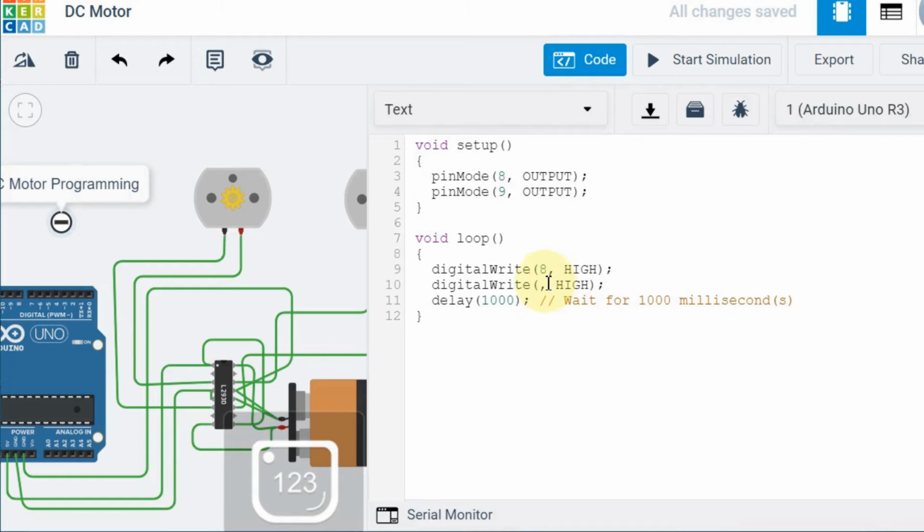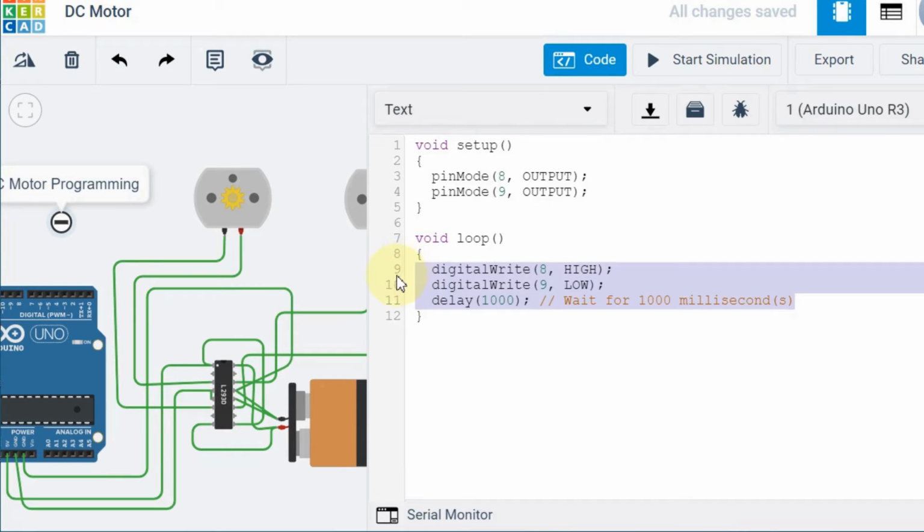So I am making pin number 9 low initially, low for 1 second, and after 1 second I want to change it to anti-clockwise.